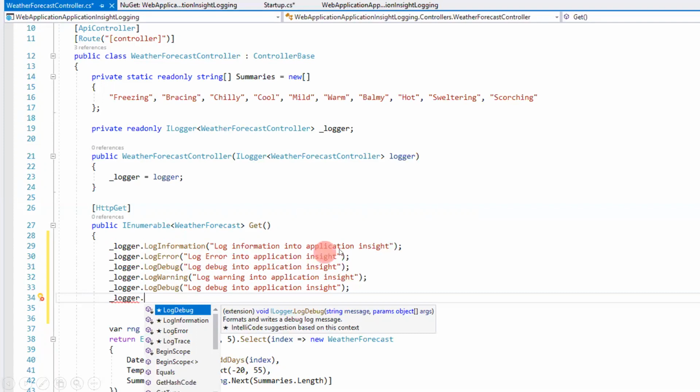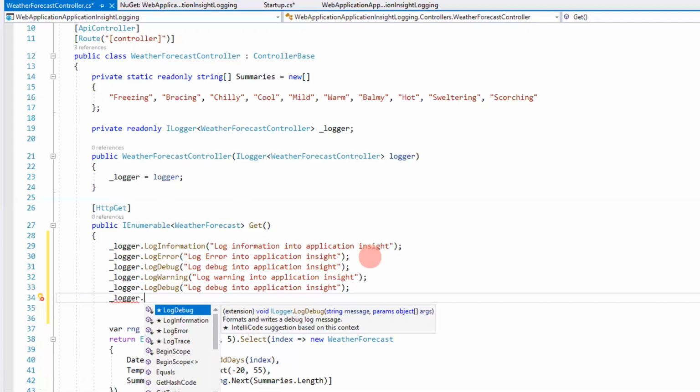For my case, I have used this, and here we are passing the message which we can see in application insights. So once I run this application and this code is executed, then automatically this message will be logged into application insights.